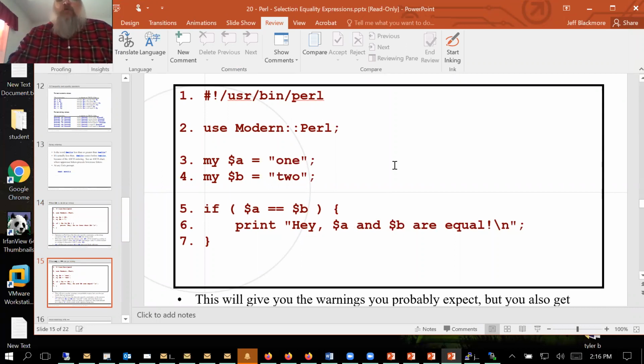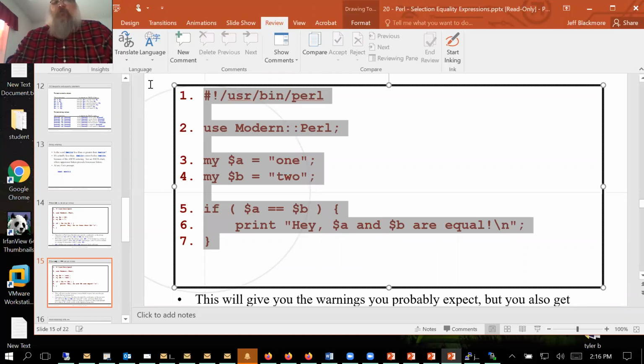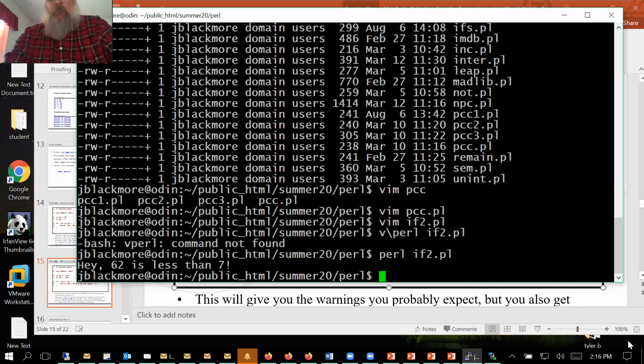No, I take that back. We're going to do the equality first. So $A is 1, $B is 2, and if they are equal numerically, we're going to say, hey, they're equal. All right. So let's vim if3.pl,